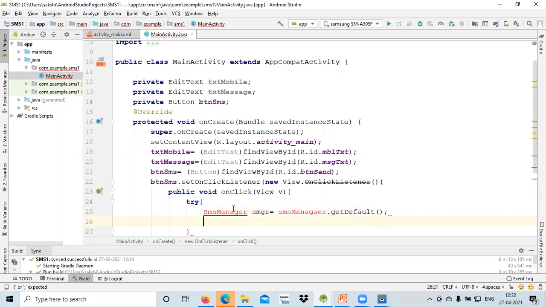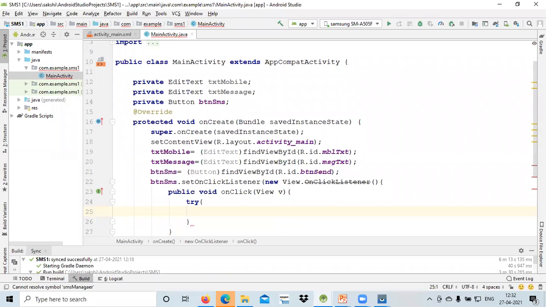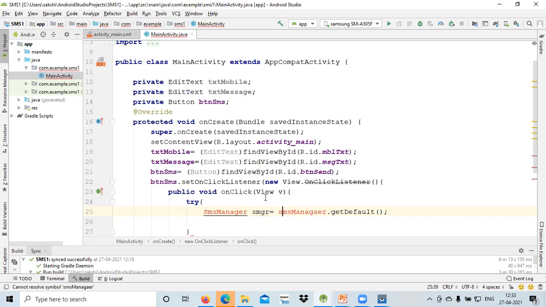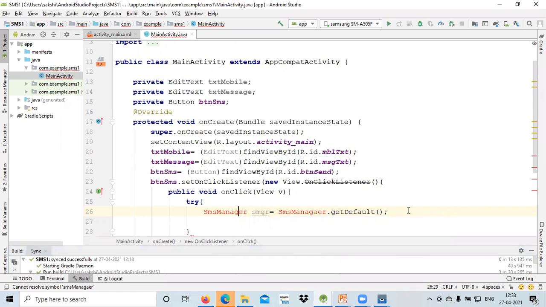Okay. So we are using this SMS manager over here.